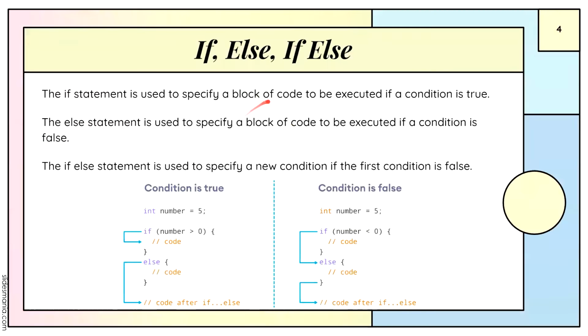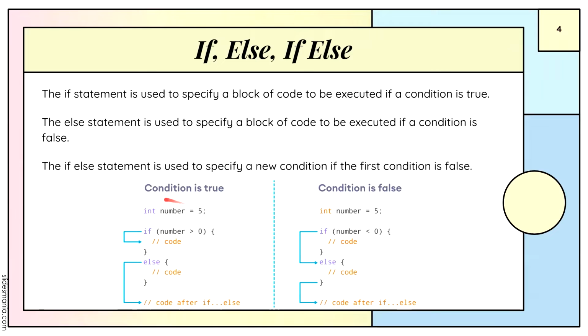And you can see right here, we go more in depth into each one. The if statement is used to specify a block of code to be executed if a condition is true. So if the condition is true, like if Ritika is 12, then do that. The else statement is used to specify a block of code to be executed if a condition is false. So let's say Ritika is not 12, then you would execute this code. The else if statement is used to specify a new condition if the first condition is false. You can kind of see it in both of these